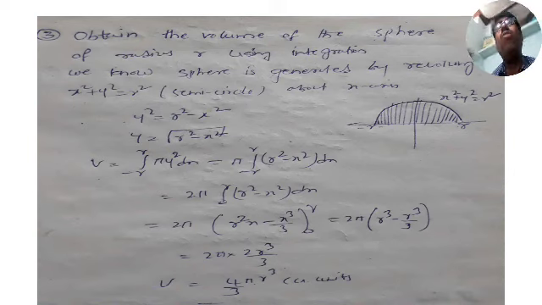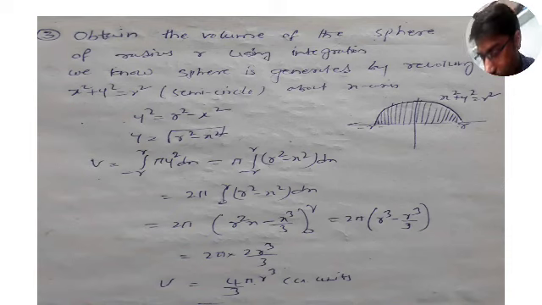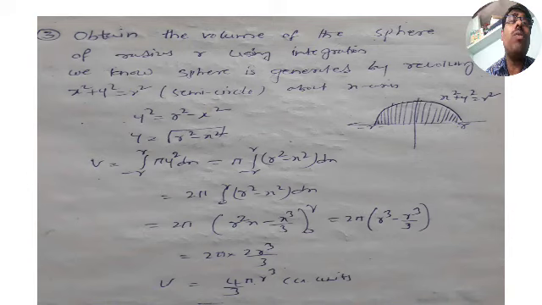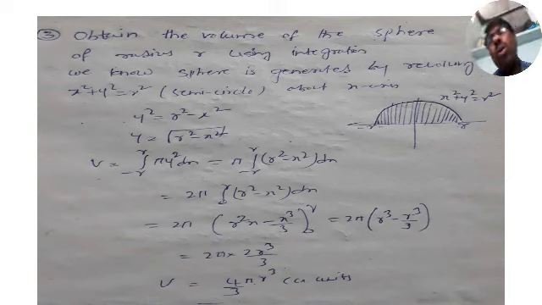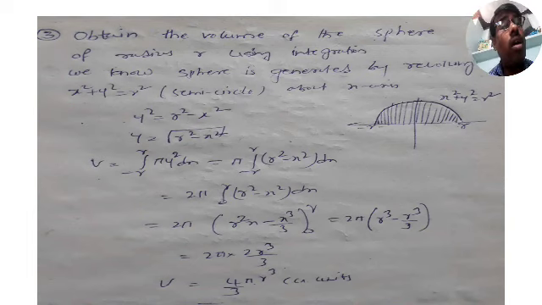You know the volume of a sphere of radius r is 4 by 3 pi r cube. So that's what we have to find. But now you have to use integration to find the volume of a sphere. So here what you have to know is how you are able to generate the sphere. By revolving an area, you generate a sphere. So by revolving what are you going to get a sphere? That's what I have given here.